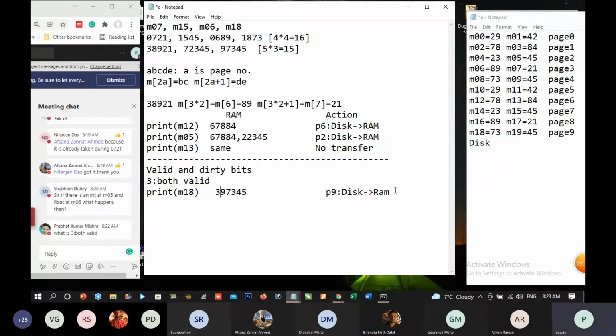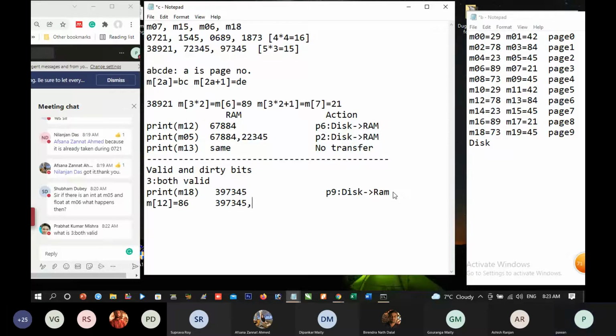Now, suppose we are writing M12 equal to 86. So this 397, 345 will remain in the RAM.